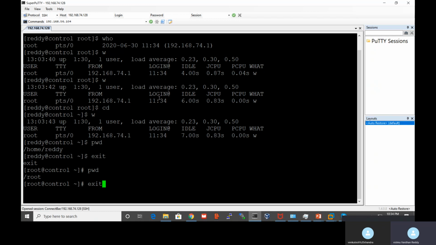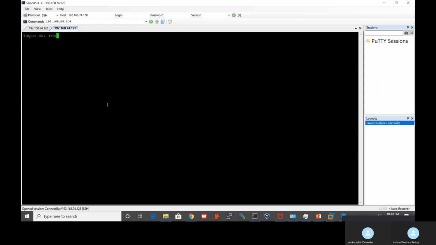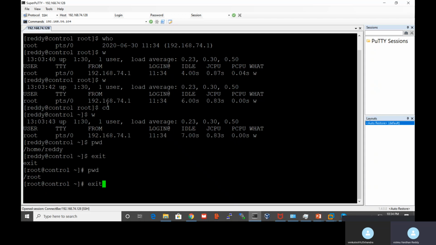Same like that, if I type exit here, then this terminal will close. And then I would need to open it again, but this is a PuTTY session, that's the reason I'm not closing it. Let me check how it will be. One more terminal I'm opening. If you type exit, then it will exit the terminal. So like that, we need to close the terminal, or else come back from one user to some other user. We can use the exit command, and then it will come out.